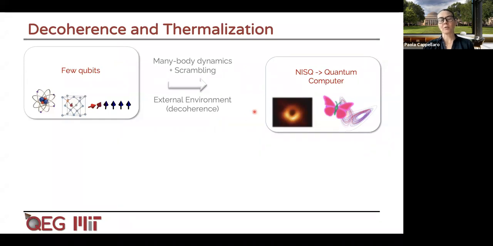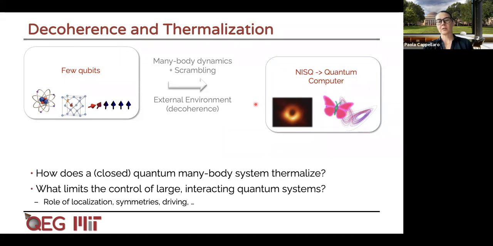Because really, right now we are entering the era where we do not want to work on just a few qubits. We want to start working on much larger quantum systems. And so we want to understand, as we grow our quantum system larger and larger, as we engineer devices which are bigger and bigger, what the limits are and how we can overcome them. So some questions which have been arising and have become the topic of much more interest because technology advances are: how does a closed quantum system, which in principle is completely isolated, and so should evolve under unitary dynamics, which is a reversible dynamics,